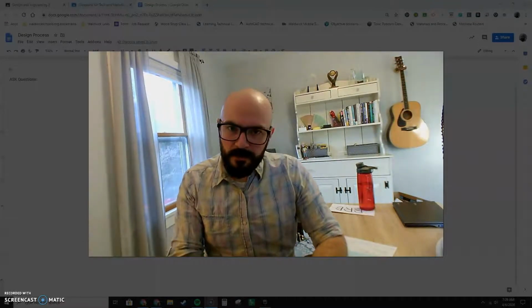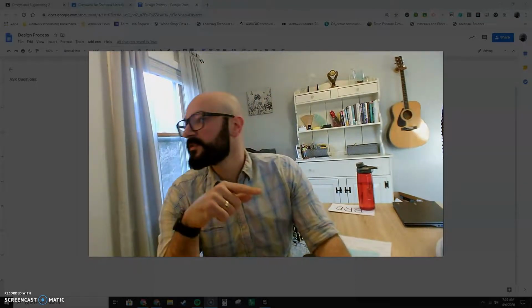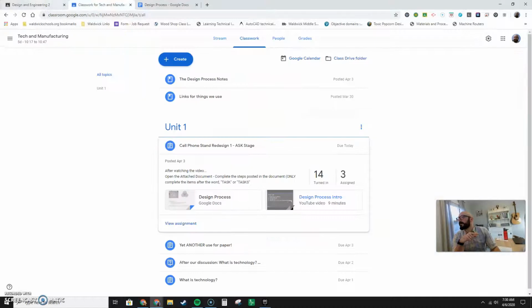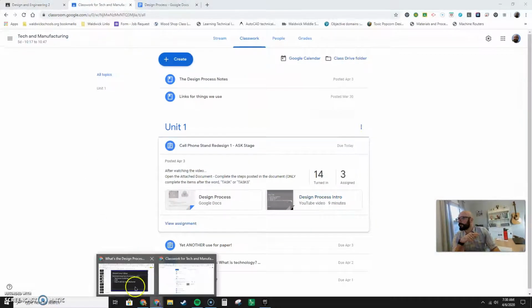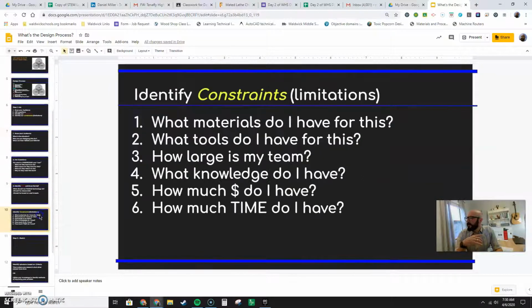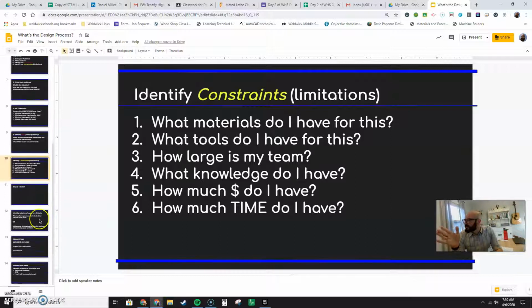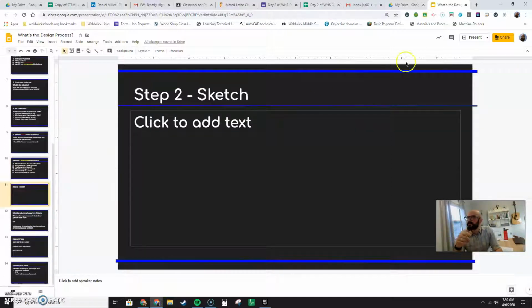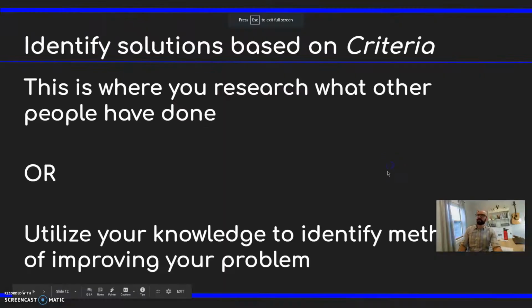Once you know your materials, that's when we get into the next stage of the design process. So, go in here. No. There we go. All right. So, we identify the pain points. Those are the criteria that we can test. Then we identify constraints. You can pause and check out constraints. Okay, step 2, sketch. At this point, we've chosen one problem, and now we got to start looking into how